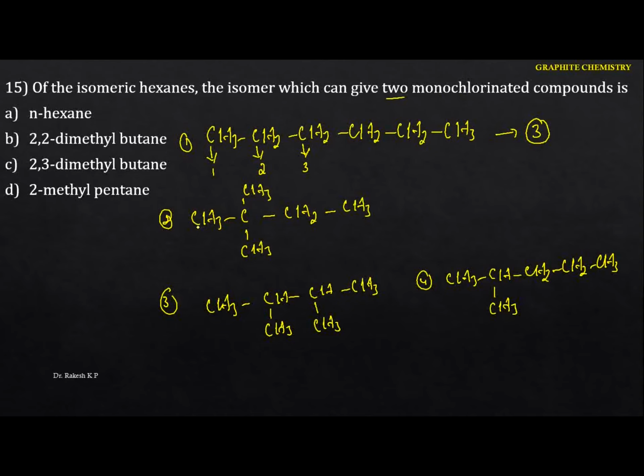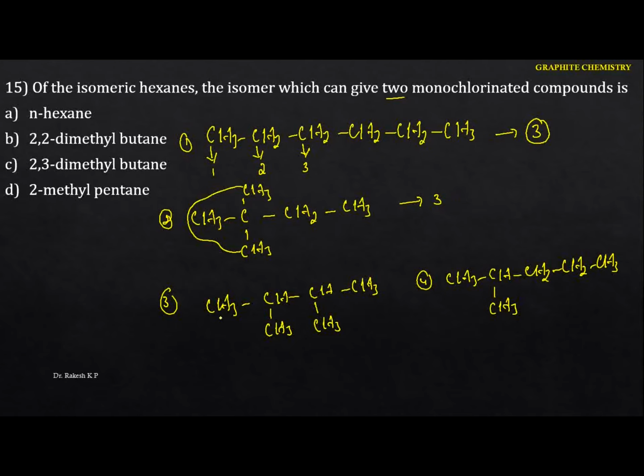If I replace the hydrogen by chlorine in this particular carbon, and if I replace the hydrogen in this carbon and even this one also, because all give you the same. That means these 3, if I replace the hydrogen by chlorine in this particular methyl, we are going to get the same product. Okay, this is the one product. So these all 3 together give you the one product. So wherever you replace, you are going to get the same product here. And I can replace the hydrogen by chlorine here also, and I can replace the hydrogen in this one also. So totally we can identify 3 monochlorinated compounds.